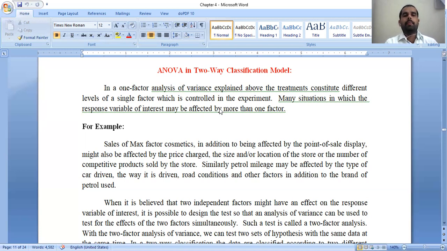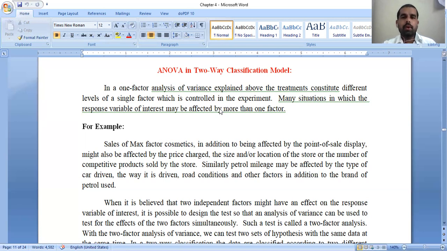Listen carefully. In one-way ANOVA, we focused on single factor analysis only. Single factor analysis means here we are focusing on only schools A, B, C, D, only one area, that is the educational area, the school itself. We are focusing on the 5th class, senior 5th class students of A, B, C, D. Randomly we pick up the samples. We call it one-way classification, also called single factor analysis, and they are controlled by the experiment itself only.